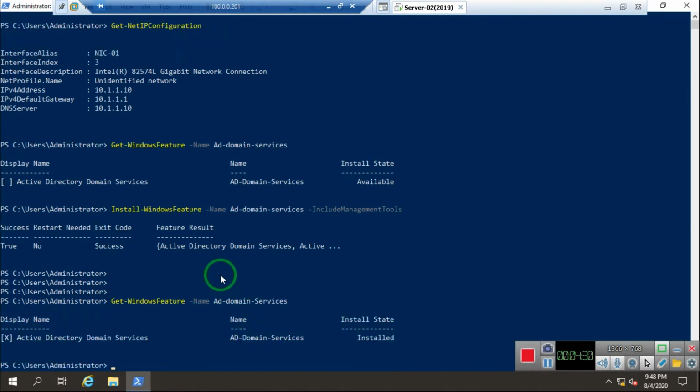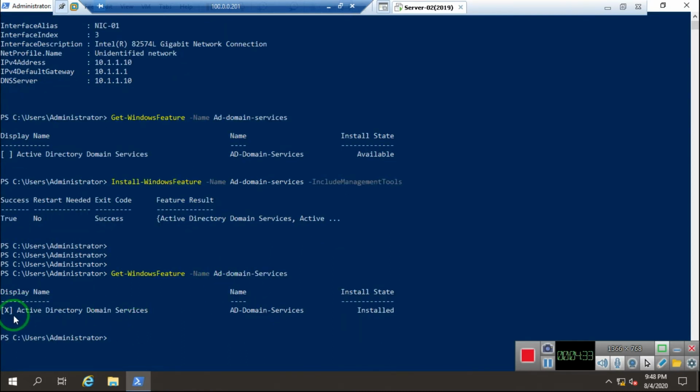Now it's showing you that there is the cross there, which means it's now installed. Previously it was showing me available. After installing the AD services, it's showing me installed.